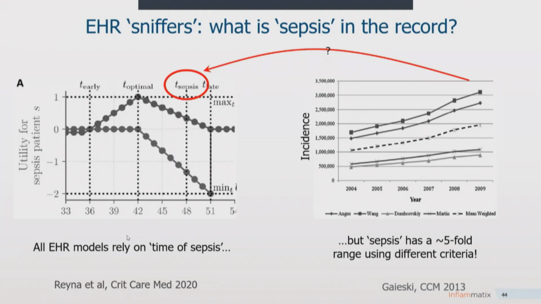On the left, this was from the PhysioNet group paper that came out in Critical Care, on how to design one of these novel diagnostic technologies. And at some point, you have to say, this patient had sepsis here. This is the time of sepsis. On the right is a 7-year-old paper showing that if you apply different methodologies for defining who has sepsis in a medical record, you can come up with a 5-fold variation in who might qualify. So when you don't have a gold standard, it's really hard to train machine learning appropriately to give actionable information.